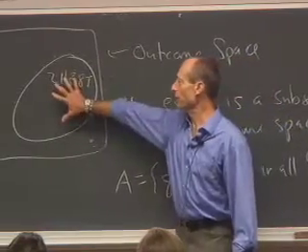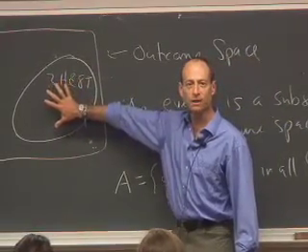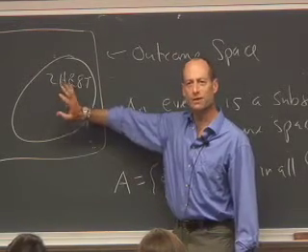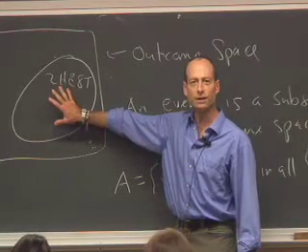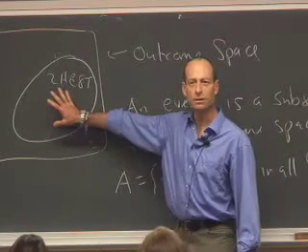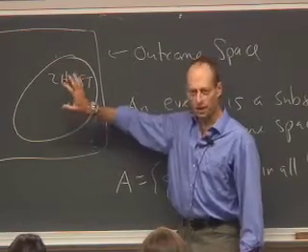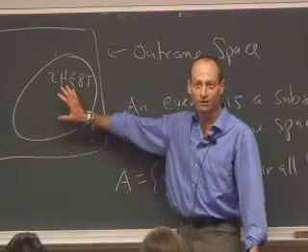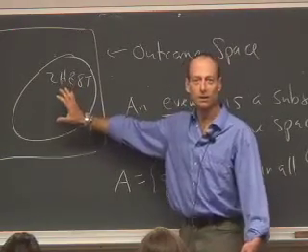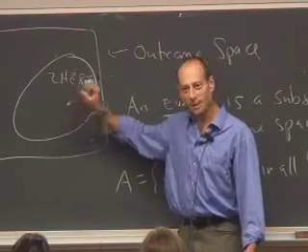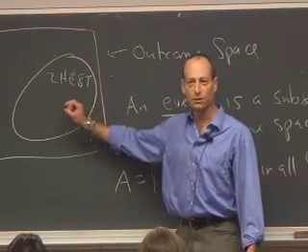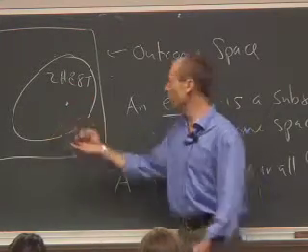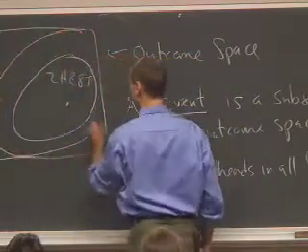Would it contain this? Would it be a subset of that? Which is more restrictive, getting exactly 2 heads or getting at least 1 head? Getting exactly 2. Getting exactly 2 is one of the ways you can get at least 1, right? You could get 1, 2, 3, 7, or 10. So getting at least 1 is less of a restriction than getting exactly 2. Getting exactly 2 satisfies the restriction of getting at least 1. So the event of getting at least 1 is going to contain this.